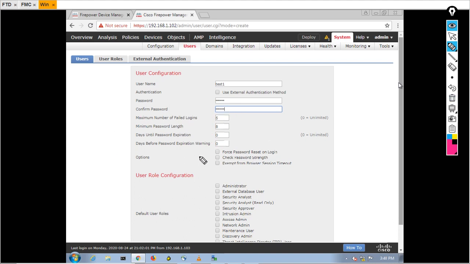And you can see here this force password reset on login. When this user logs in with this credential test123 into the FMC, at that time the FMC will force you to change your password and give a new password. So I am going to check this, and if I click the option check password strength, it will match all these criteria, like password length is 8, it contains uppercase, lowercase, everything it will be checking.